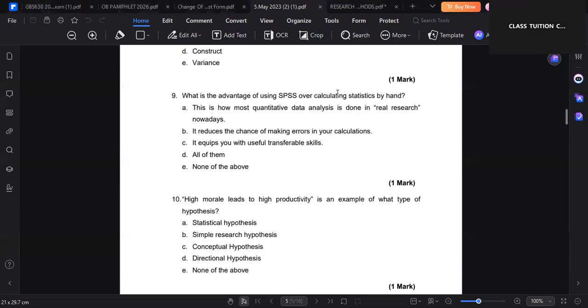The advantage of SPSS over calculating statistics by hand is that this is how most quantitative data analysis is done in research. It reduces the chance of making errors. It equips you with useful transferable skills. All of the above, none of the above. Question number 9. Our answer is B. It reduces the chance of making errors in calculation. So SPSS handles volumes and volumes of data by minimizing human errors. Number 10,